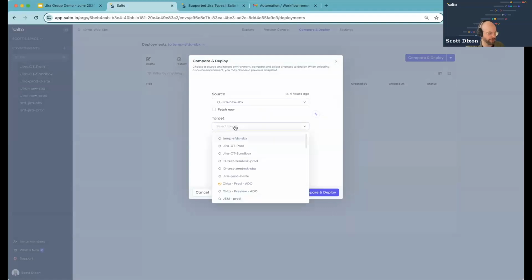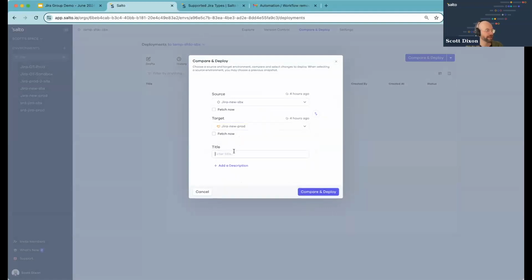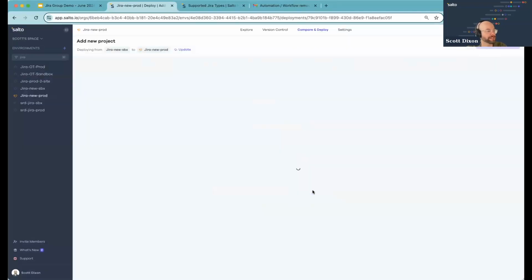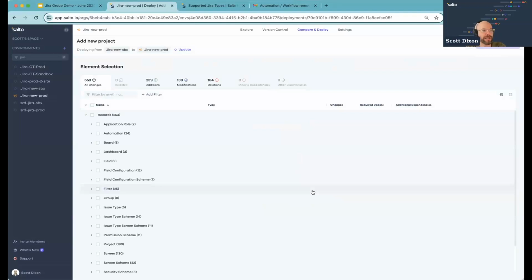And I am going to select my production as the target. I'm going to call this add new project and create a new comparison. Now, as soon as I create this new comparison, Salto is instantly going to show me all of the differences